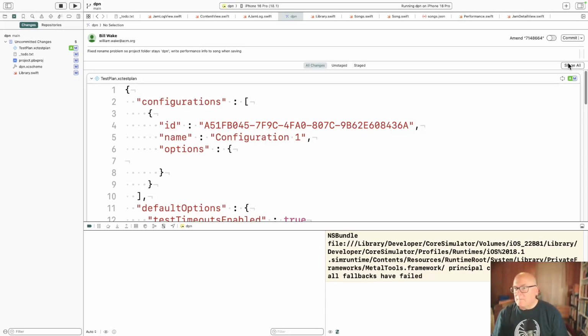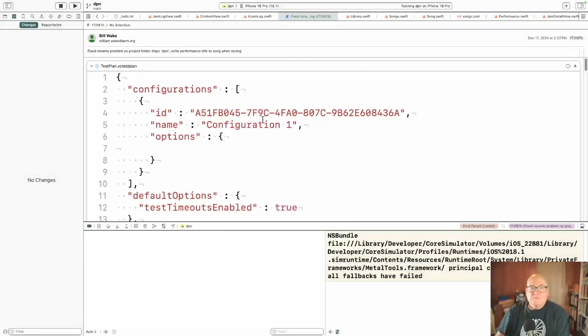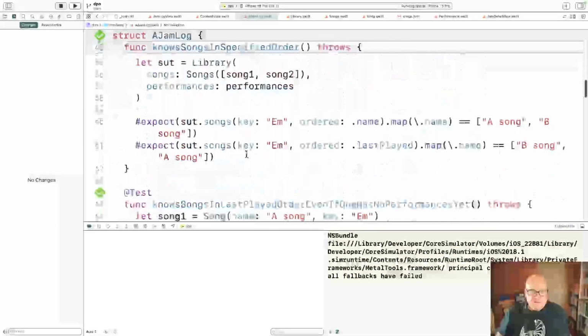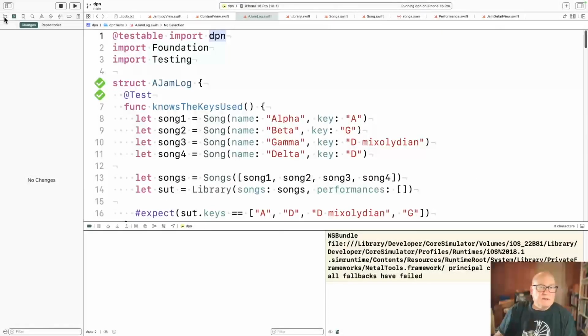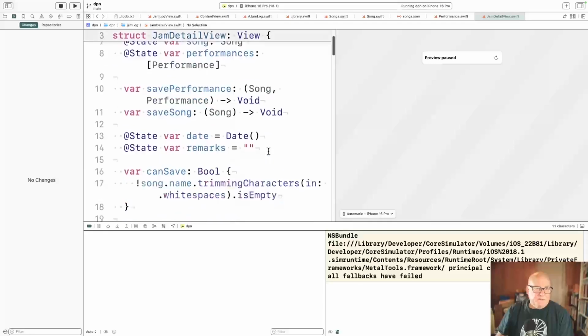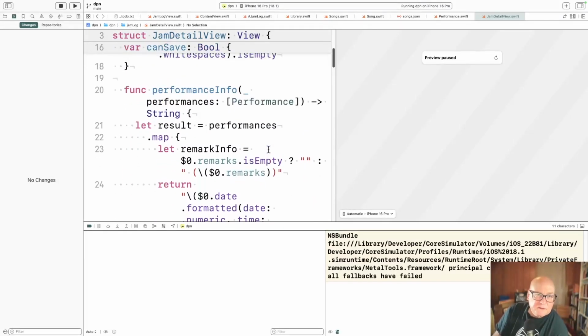Okay. All right. And then, well, I guess the performance view. What's that called? Detail view. Jam detail view has performance info.